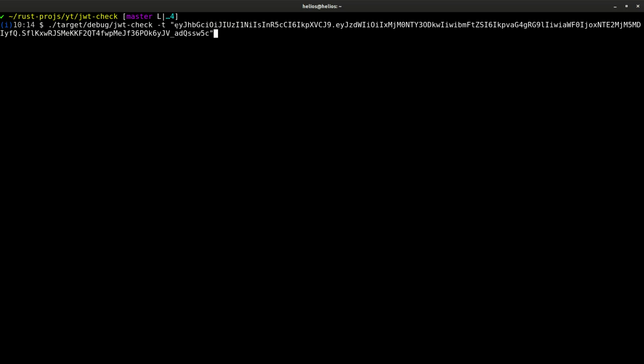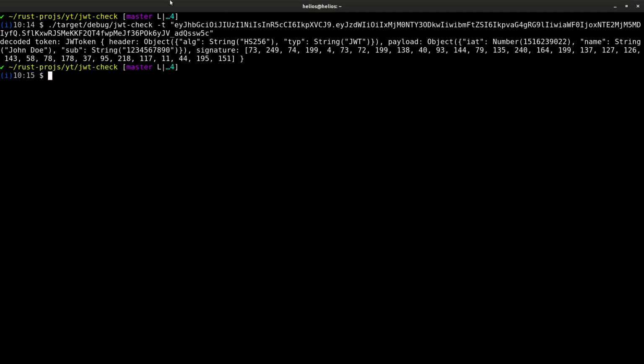It will take in a JSON Web Token as an argument like this, and when you run this application, it will give you its parts: header, payload, and signature. This application is simple enough to be finished in one sitting, yet it touches upon many fundamental Rust software development